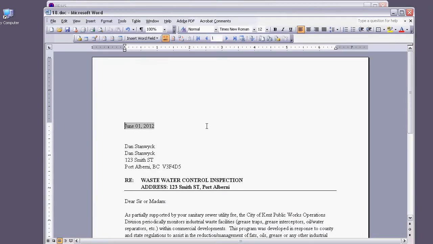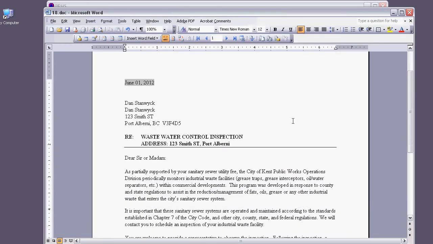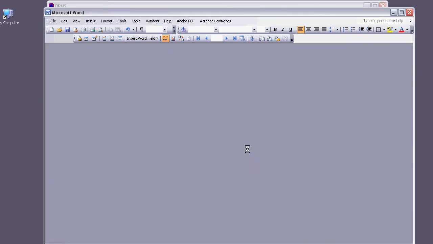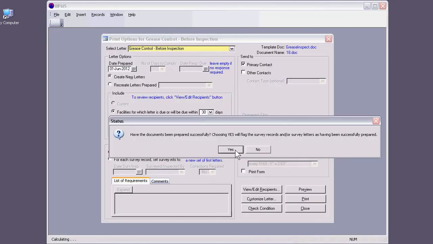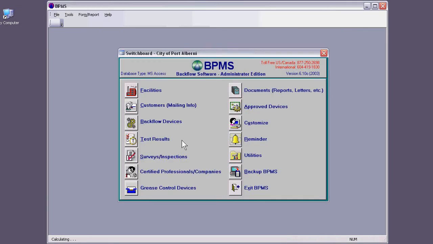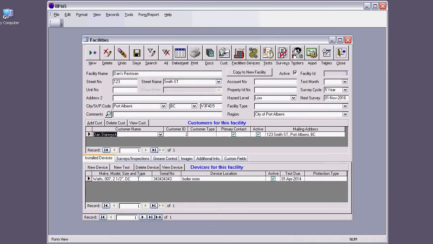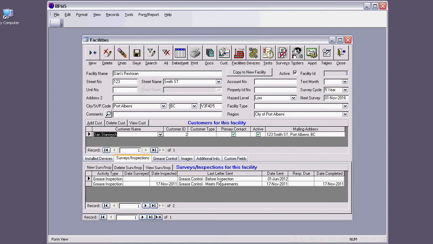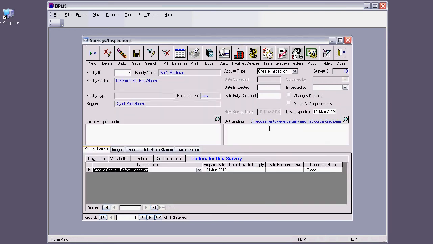Again, I'm previewing the document. Sorry for me rushing with this, but I'm just faking that I'm printing, so I'm not. I'm closing the document, saving no changes, and saying that I did print the document. That's what I'm faking, right? So if I close out of this, my reminder is empty again. But if I go to facility, if I go to surveys, then I can see that I do have actually a survey sent before inspection, because that's a new one. That was the last one here. So if I go here,